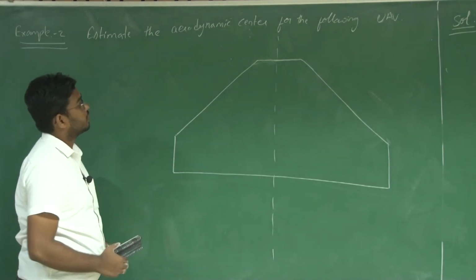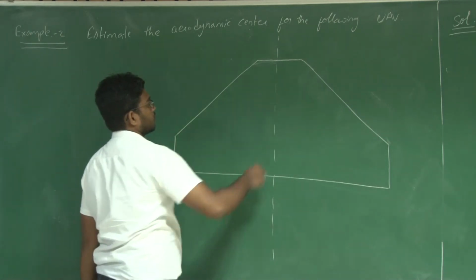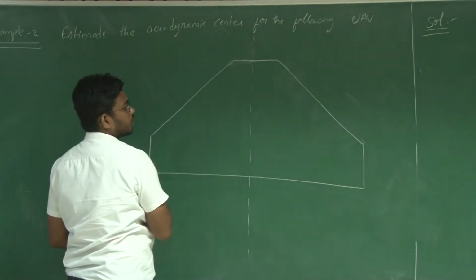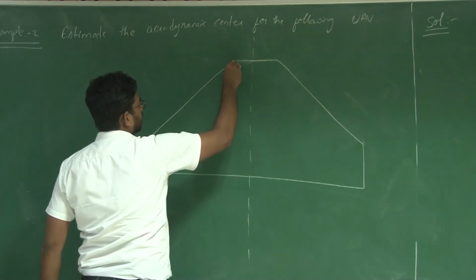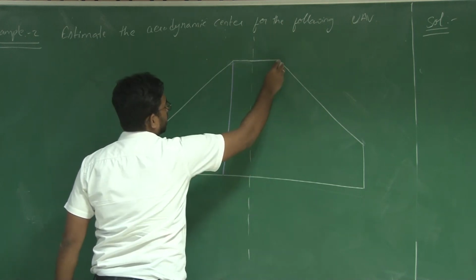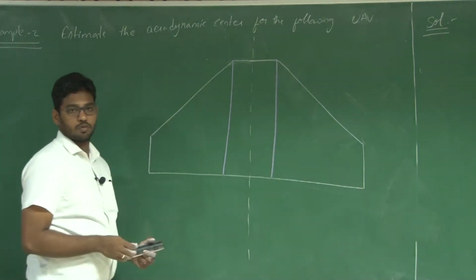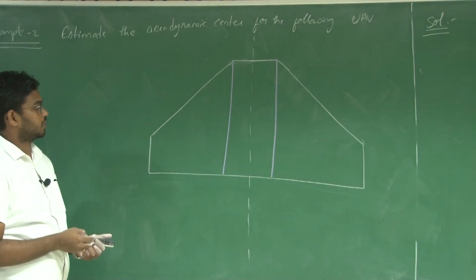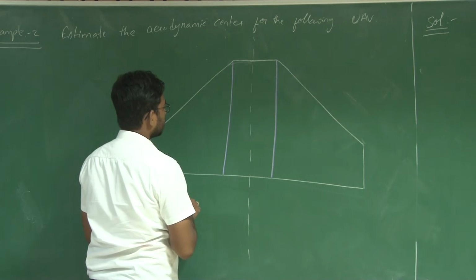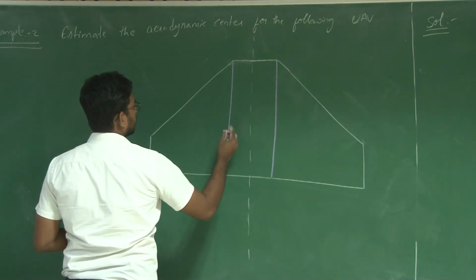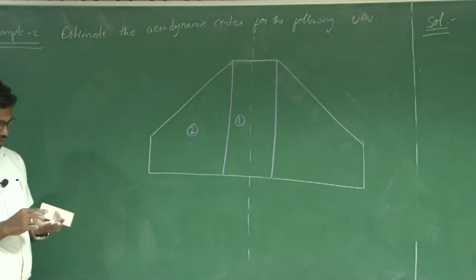So estimate the aerodynamic center of the following UAV, right? Let us assume this is the planform geometry. Now see here, it's not a single taper, right? It has multiple sections. Up to here it's a rectangular wing, right? After that is a tapered wing, like a crop delta, and this taper is about the trailing edge here, right? Now what we need to do is divide it into sections 1 and 2, right?